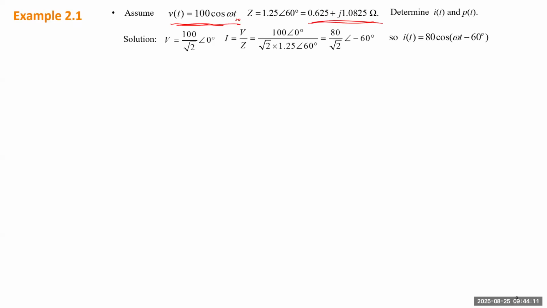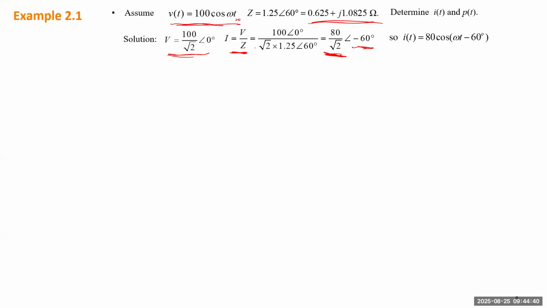So voltage, we first change voltage to the phasor value. So 100 divided by root of 2 will be the RMS value, and theta V here will be 0. Current will be simply just voltage divided by Z. So it will give you the RMS value, and the angle will be negative 60 degrees. So the current will be lagging the voltage by